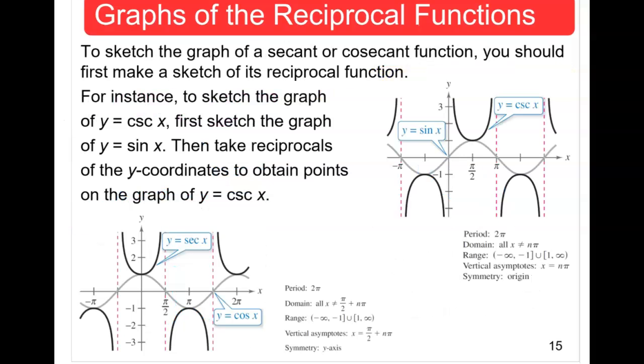To sketch the graph of a secant or cosecant function, you should first make a sketch of its reciprocal function. For instance, to sketch the graph of y equals cosecant of x, first we will be graphing y equals sine of x. So right here is the parent function of sine of x. And after you do that, whenever your sine function is equal to 0, which is actually where it touches the x-intercept, at those same points, you are going to have, for the reciprocal function, which is cosecant, and is what I'm highlighting in yellow,